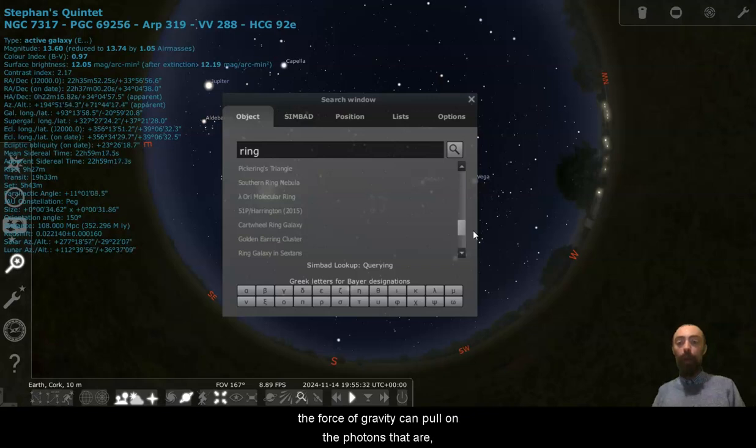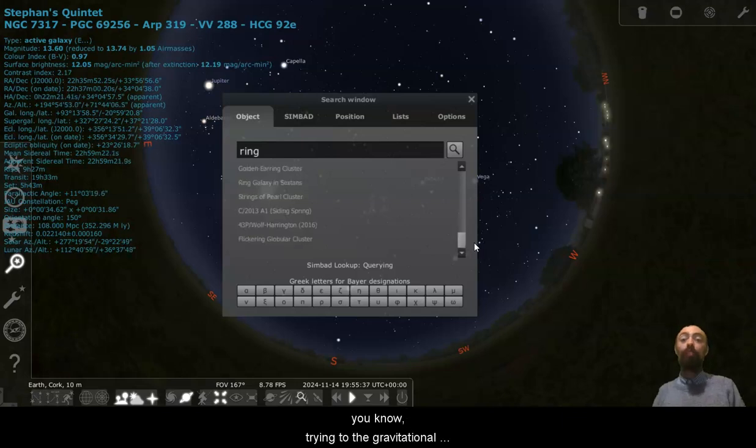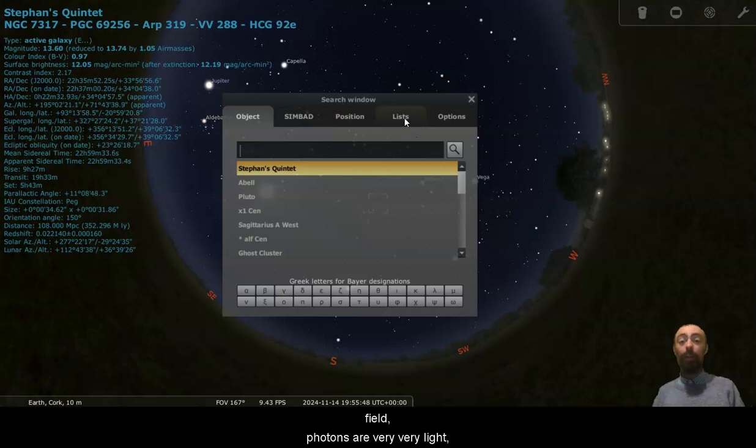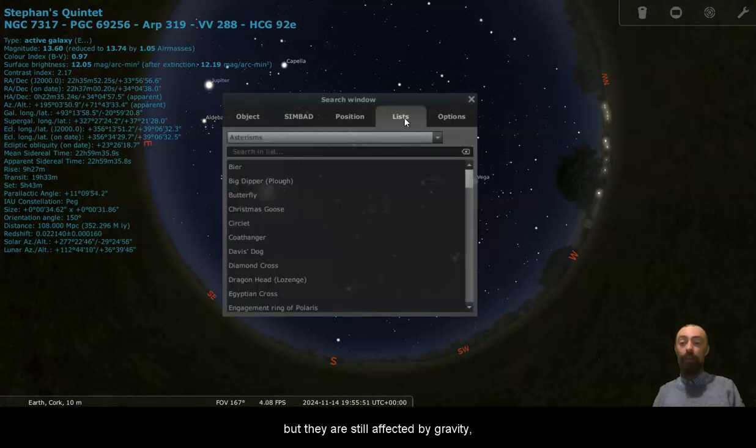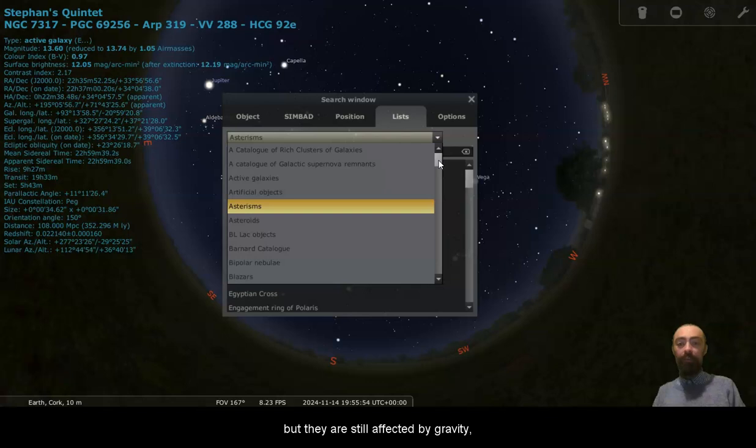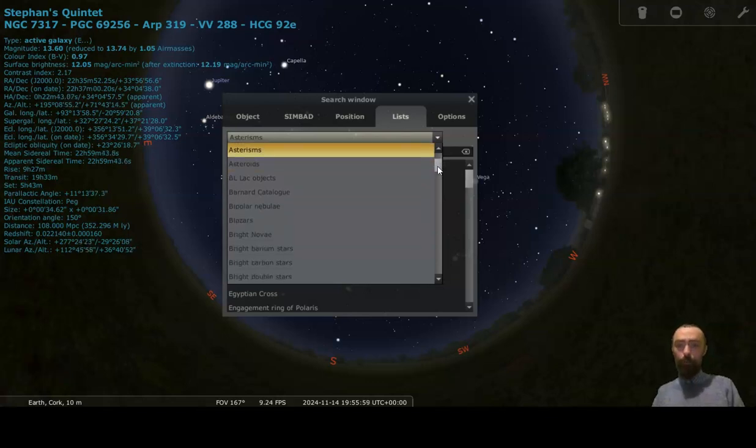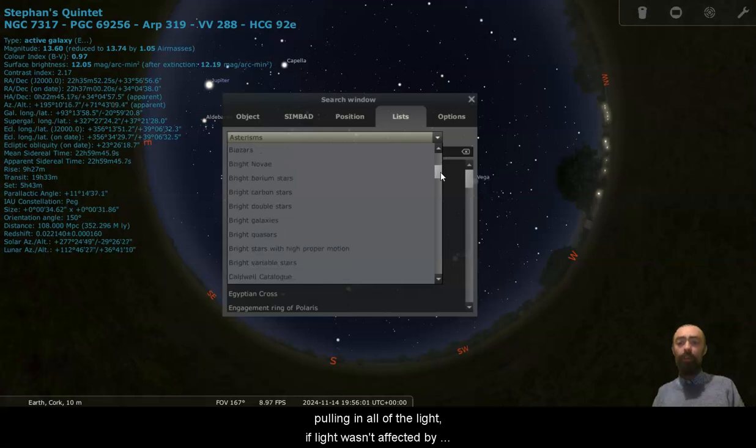The force of gravity can pull on the photons that are trying to move through the gravitational field. Photons are very, very light, but they are still affected by gravity. A black hole is a black hole because it is pulling in all of the light.